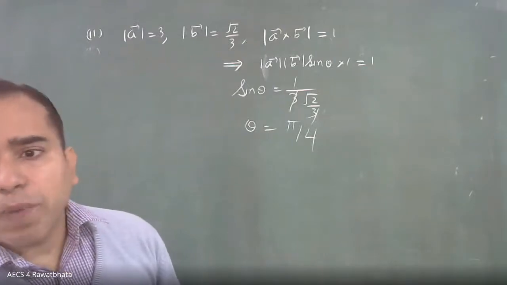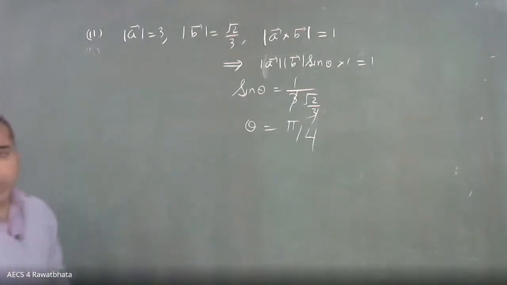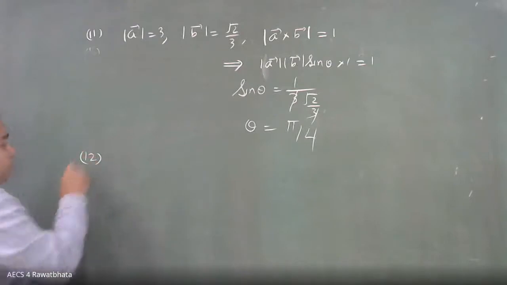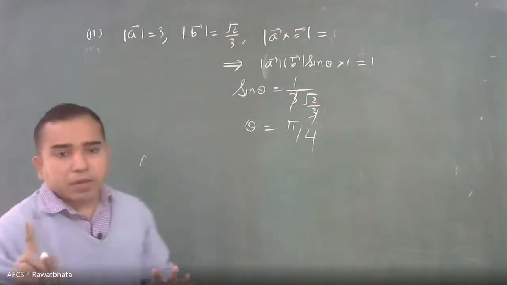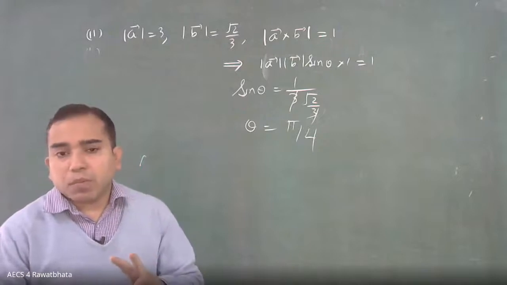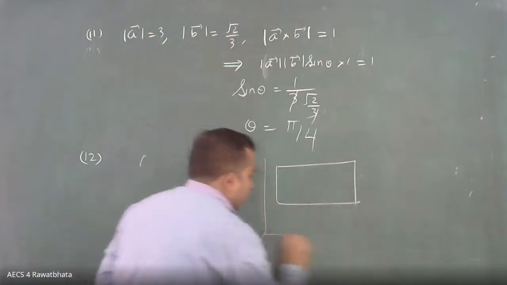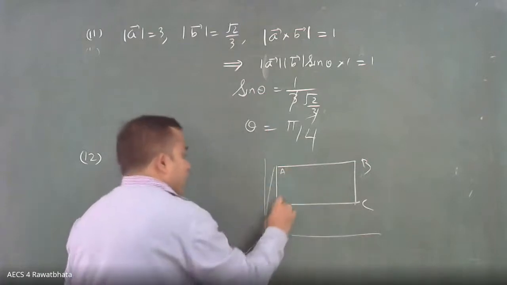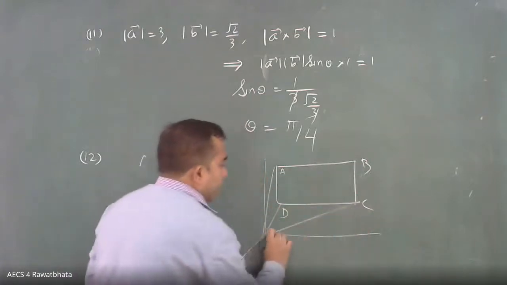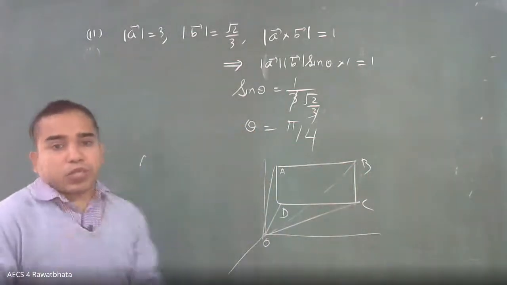That also, someone please read. Ujesh, will you read the 12th question? Pay attention. Position vectors are given. This means somewhere there will be some origin, and this is A, this is B, this is C, this is D. Then the OA vector is given, OD vector is given, OC vector is given, and OB vector is given. Right? So position vectors are given. Yes, Ujesh. What are the position vectors?